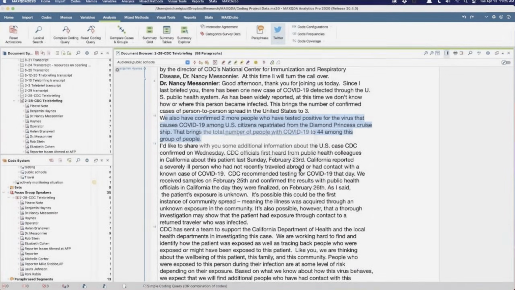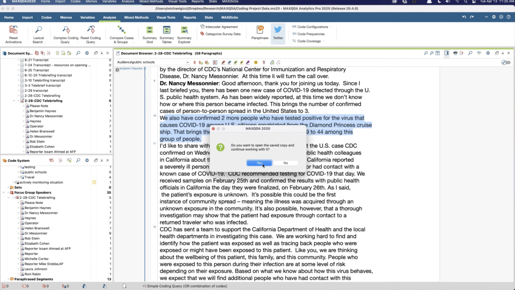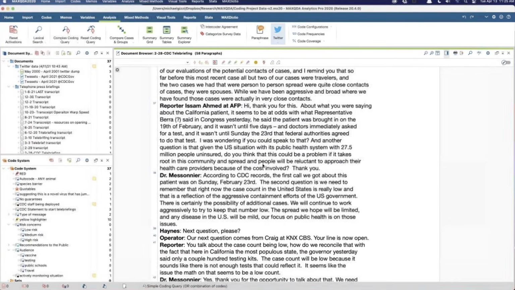Click Save, and then open the saved copy. Why would you do that? Well, you're protecting yourself. And then, by the way, archive all of them.